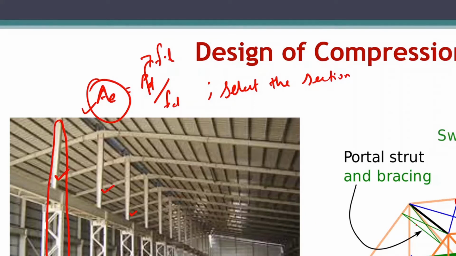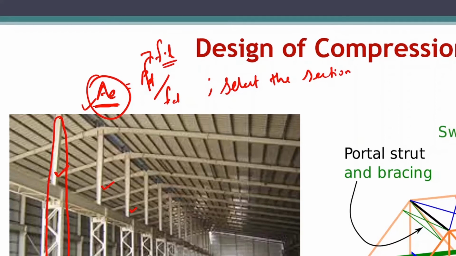It could be any. Make sure that the selected section has an area which is a little greater than the required area. So you have selected a section, that's the design, but you have just selected a section by assuming design compressive stress. You need to check whether the selected section has enough strength to take care of this factored load.